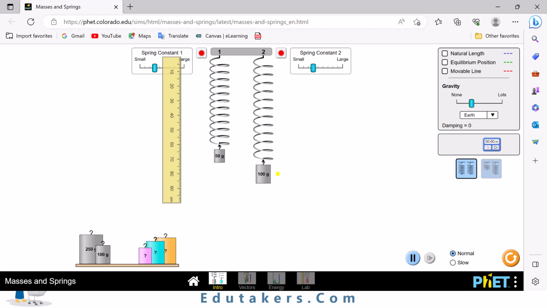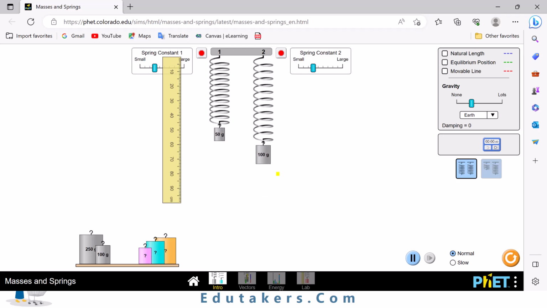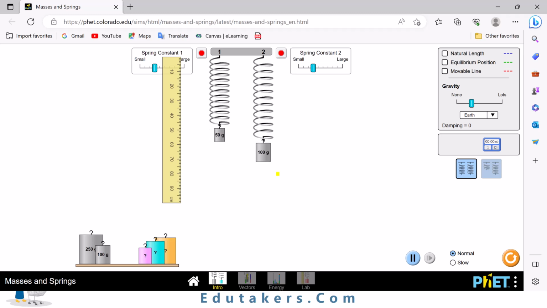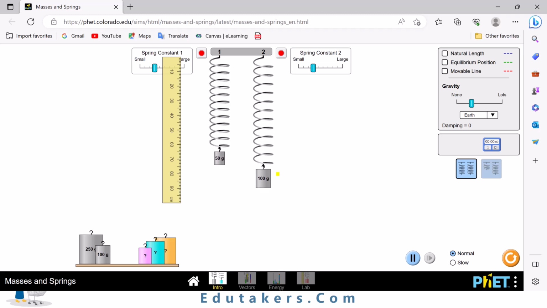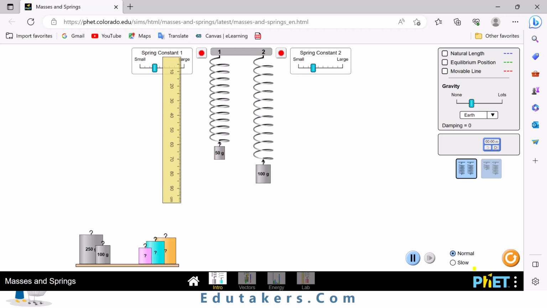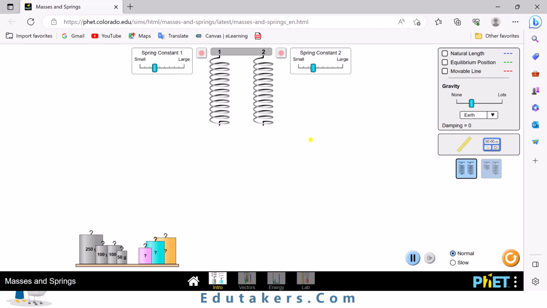In the same way, you have to change here the masses, means that increase the masses so that also changes the length of the spring. Note the corresponding length values from the ruler. You need to make the table of the mass and the length of that spring. Repeat this experiment again and again and take the average. So you also need to here observe the effect of that spring constant.